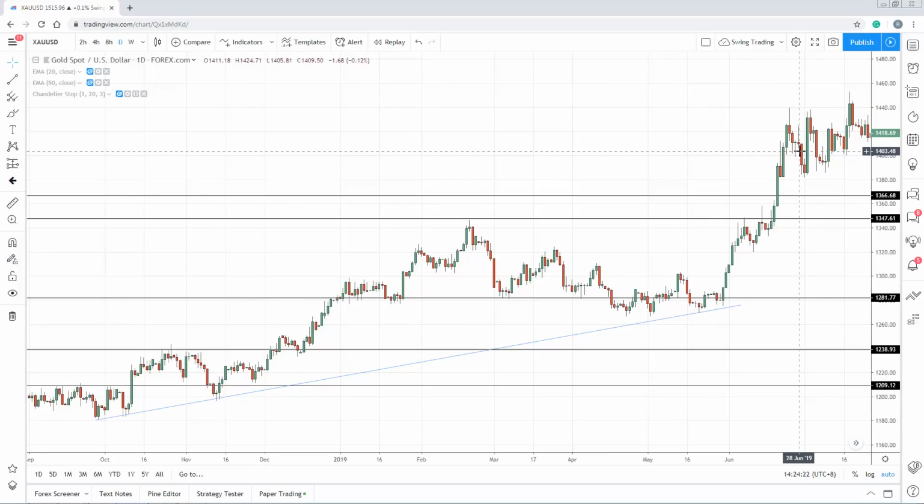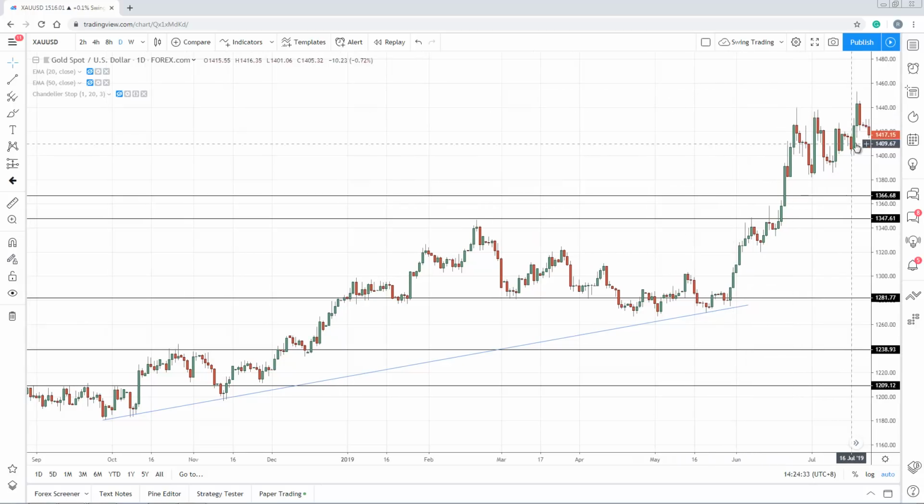Okay, so this is why I always say don't chase breakouts. Instead, what you want to do is look for the first pullback. Okay, that's an opportunity for you to get on board the move. So I was looking at the first pullback, and in this case it appeared in the form of a